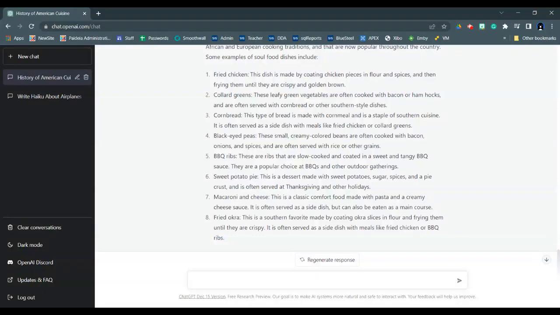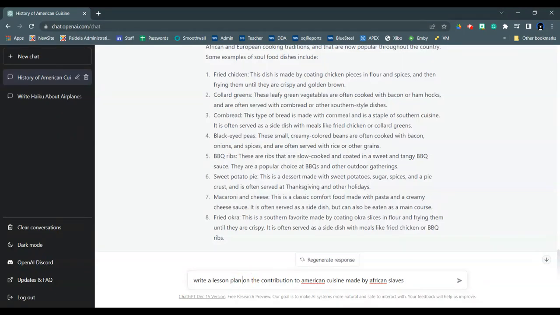How can you as a teacher use this? Well, one of the simplest things you can do is I can say, write a lesson plan on the contribution to American cuisine made by African slaves.